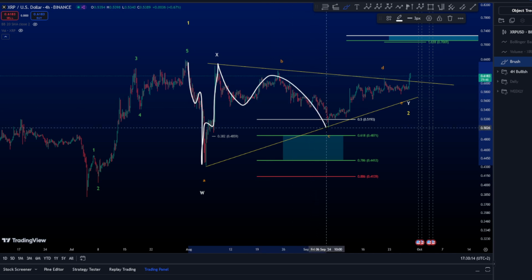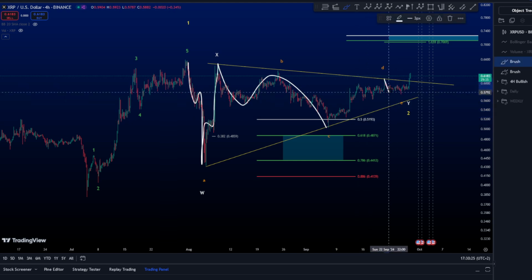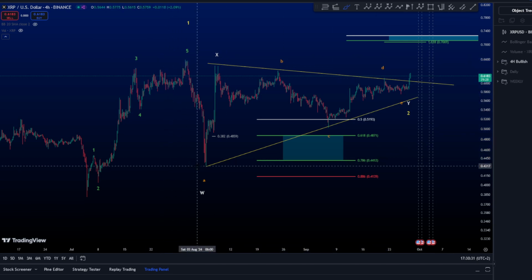It is another zigzag, which gives much higher possibilities that this is a triangle continuing in a zigzag form and finishing also in a zigzag for the wave E. Therefore, I prefer, of course, to move on with a triangle of correction for a wave 2